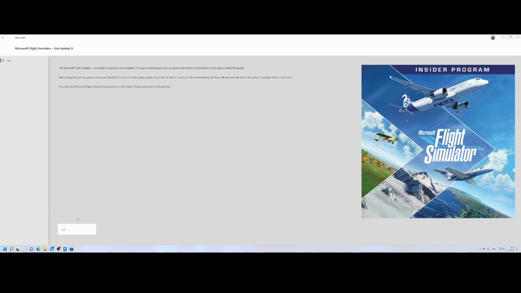I must really warn you prior to clicking the join button, because there are a few caveats you really need to take into consideration before joining the beta program. First of all, it's a beta program, which means there could be instability issues. So don't be disappointed if you're still seeing some issues while joining this program, because that's the reason why Asobo and Microsoft release these kinds of programs, to make sure it's ready for a